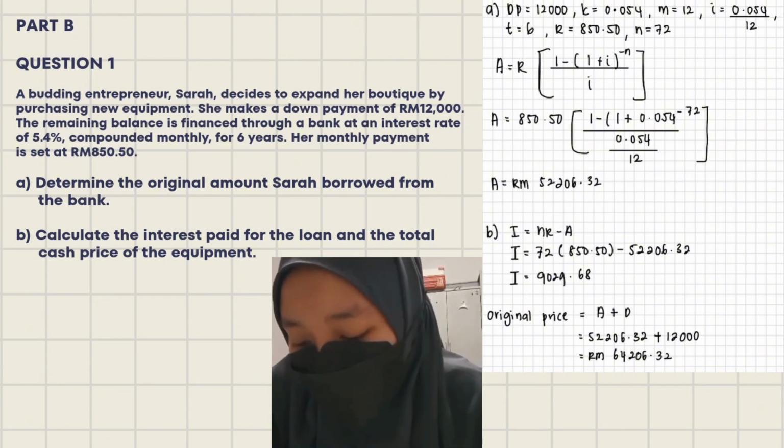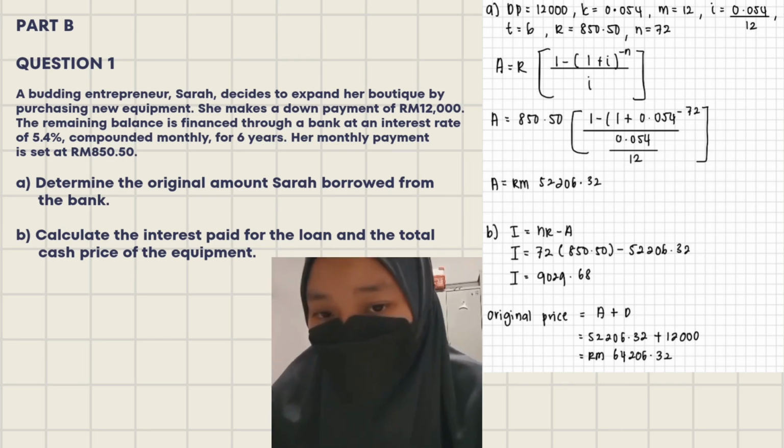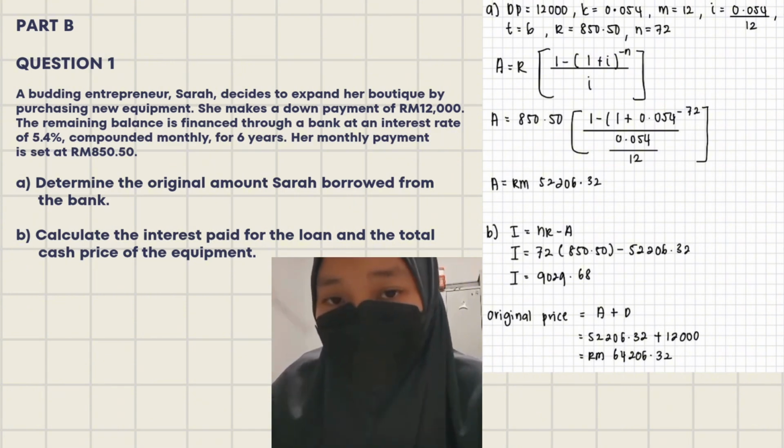She makes a down payment of 12,000 ringgit. The remaining balance is financed through a bank at an interest rate of 5.4%, compounded monthly for 6 years. Her monthly payment is set at 850 ringgit and 50 cents. So from the question above, we can determine the